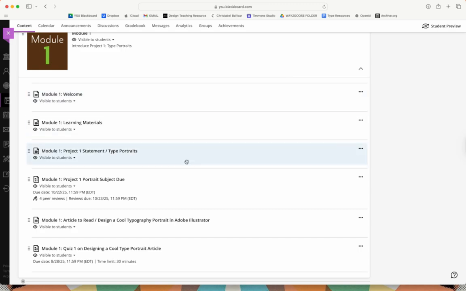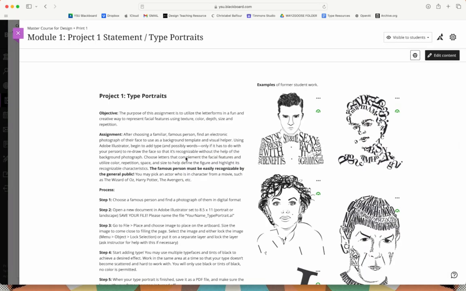But I want to go over the type portrait. So this is going to be the first project in this class, and I think you guys will have a blast working on this project. Basically, what you're going to do is create a portrait of a famous person using just type, just letter forms. In some cases you could use words, in some cases you can use punctuation or numbers. The idea is to take the facial features of that famous person and figure out what typographic character might best show that